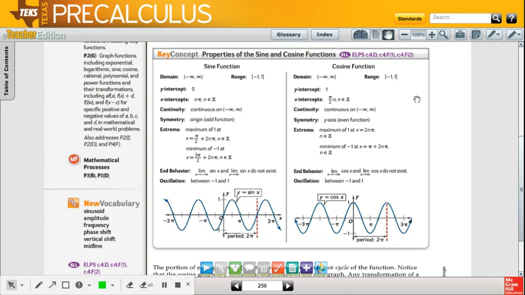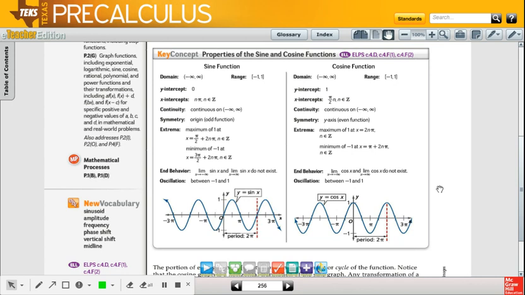It's continuous from negative infinity to infinity. As you look at the graph, there are arrows on both ends. It goes on forever. The graph is an even function, symmetric about the y-axis. Now your extrema: maximum of 1 when x equals 2nπ, where n is a subset of natural numbers, meaning